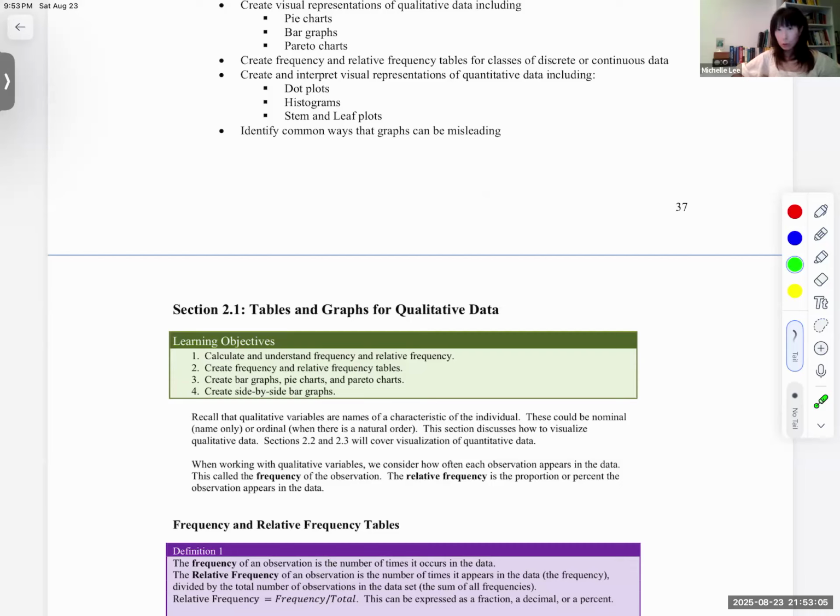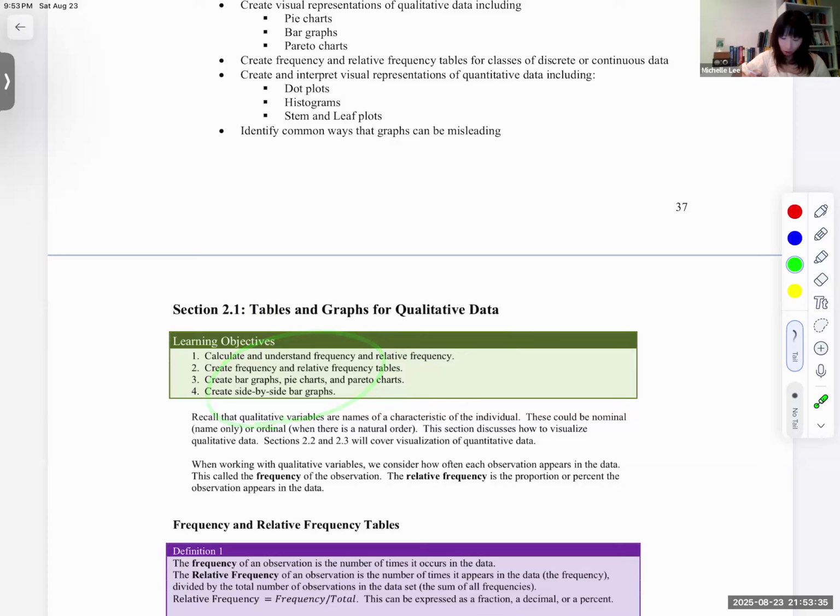So 2.1 is about tables and graphs for qualitative data. So we knew what qualitative data is, right? It's categorical data, and if numbers are involved, those numbers are not counts or measurements, right? Okay, we have a learning objective